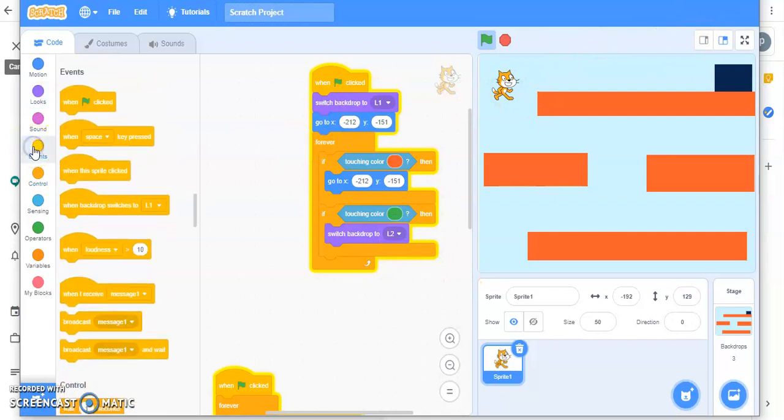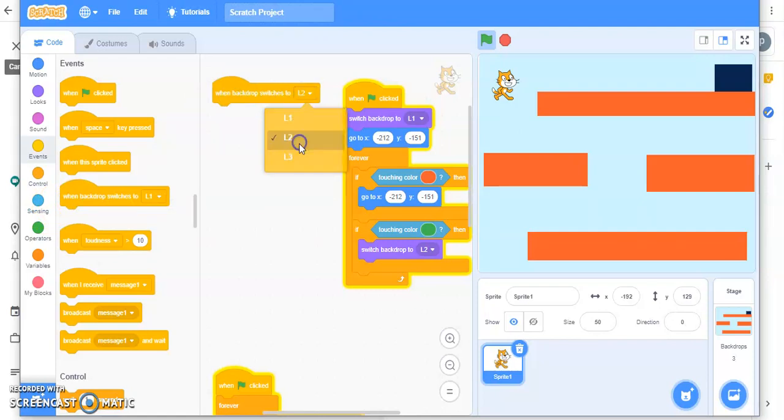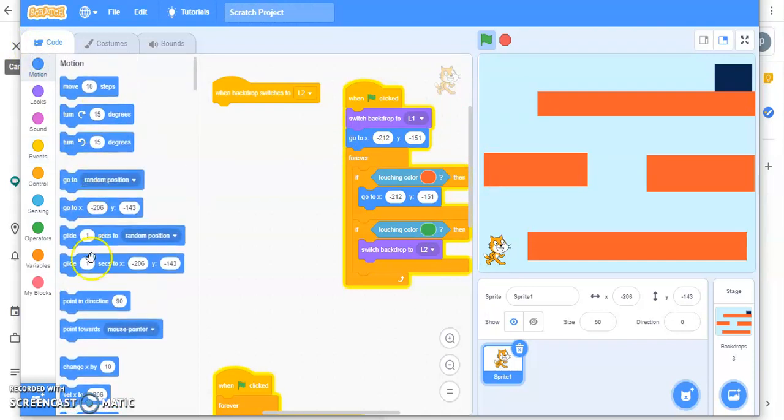Now go to events, just bring it down here. When backdrop switches to level 2, what do you want? You want this cat to move here. Go to motion, go to this.